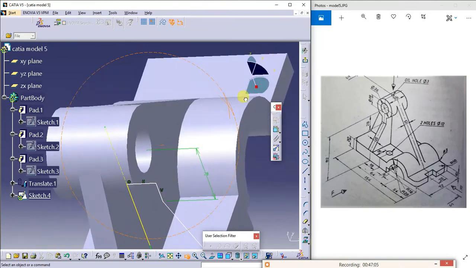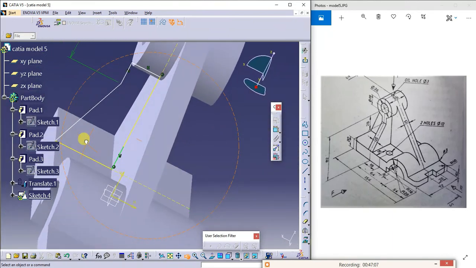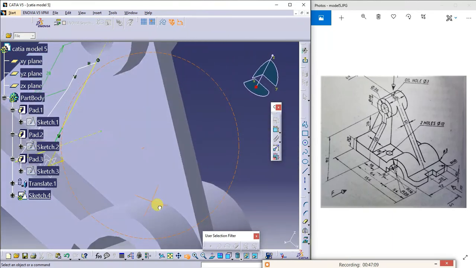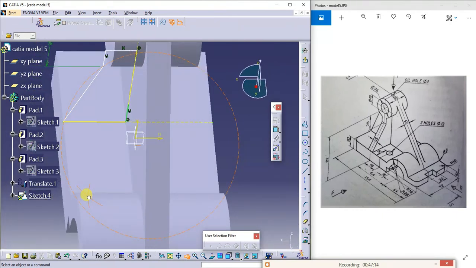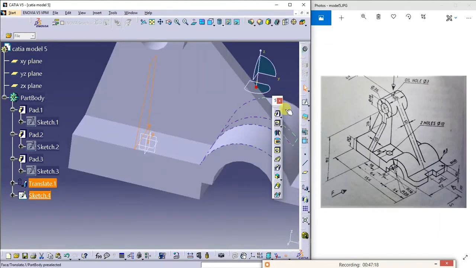See here, it is like this. Now I'll exit from the workbench. So from the middle plane it is how much? 5 from this side, 5 from this side.